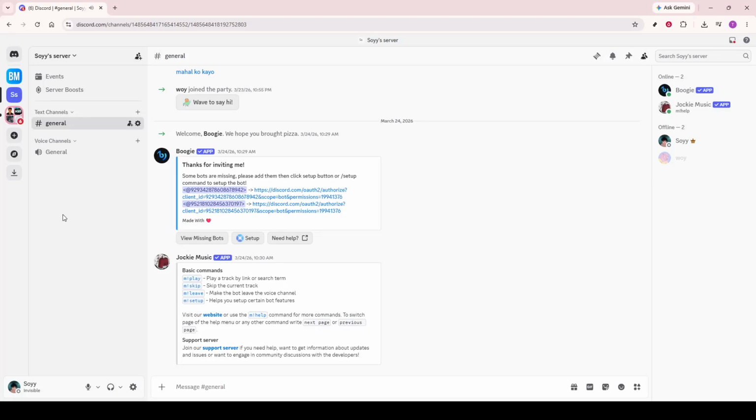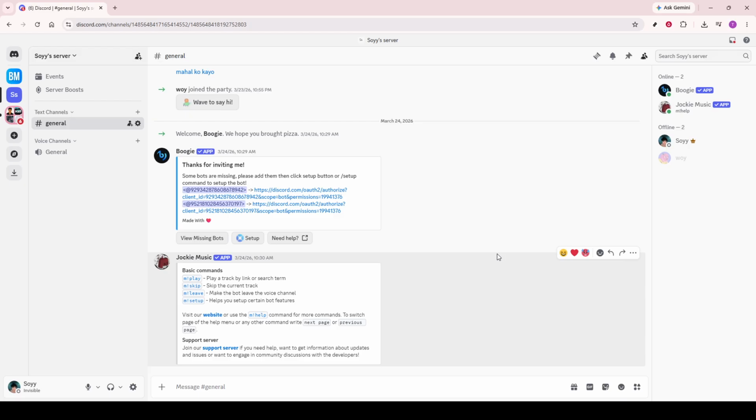In today's video, I'm going to teach you how to add roles in Discord. If you manage a Discord server, roles are one of the most useful tools you can set up. They help you organize members, control permissions, and make it easier to manage different groups in your community. Whether you want a role for moderators, members, VIPs, or any custom category, the process is simple once you know